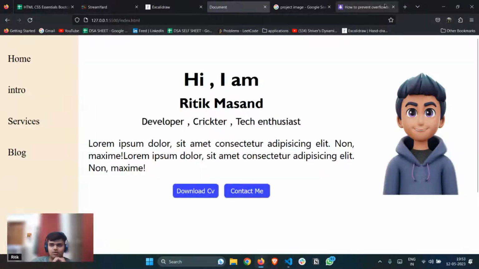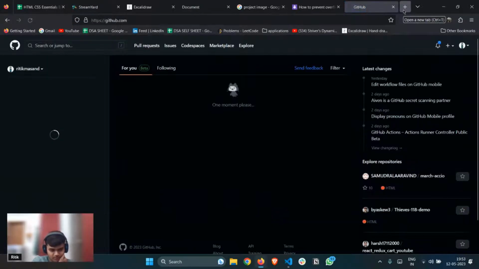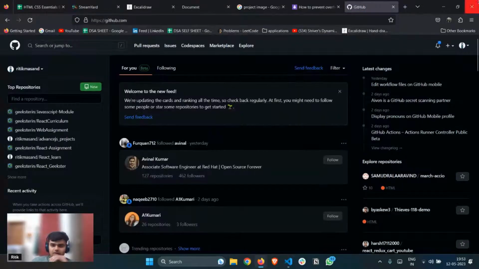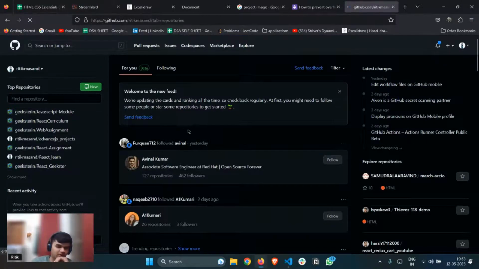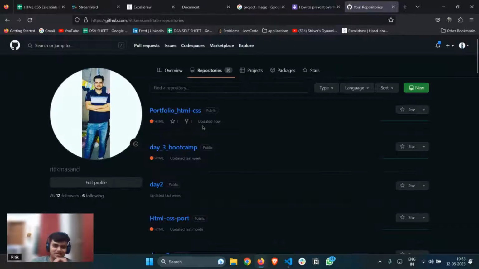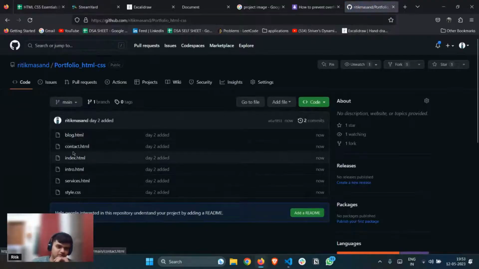If I go here, if I go to GitHub, and if I come here, repositories, हाँ आप तो बोलोगे ना. ठीक है, so it is updated now. So go here. So I have all the 5 files, 1 2 3 4 and 5, and this is the CSS file that I have. ठीक है,